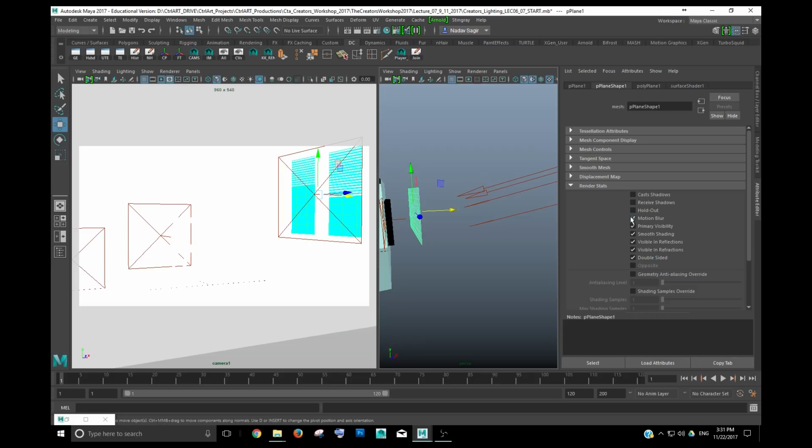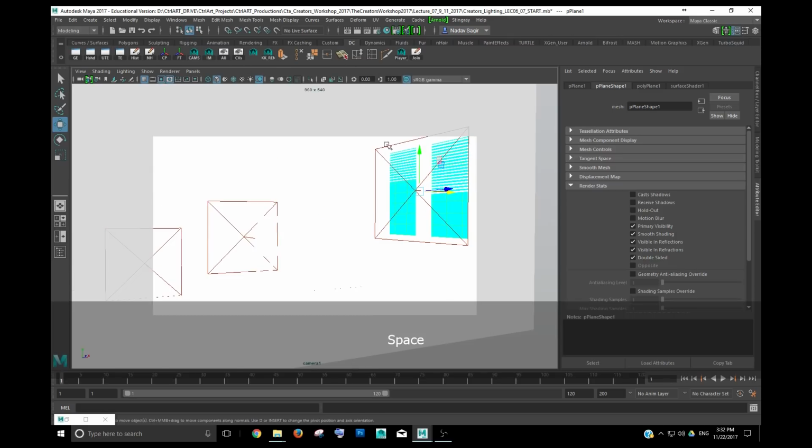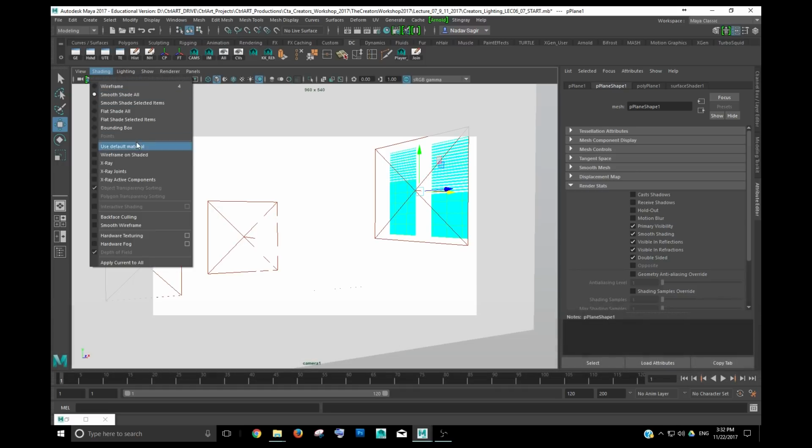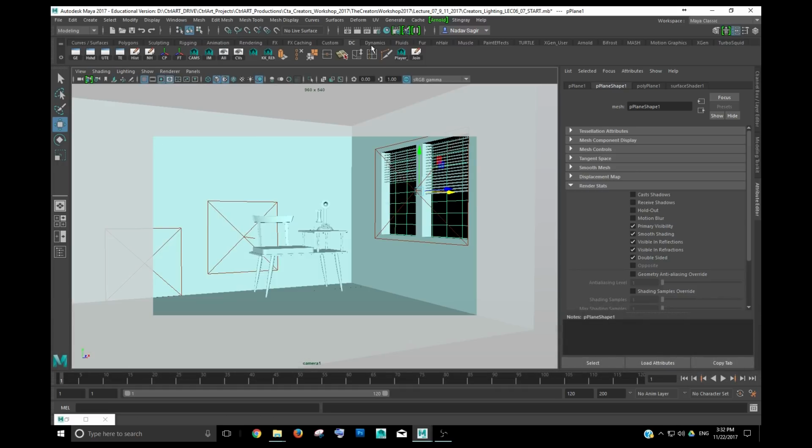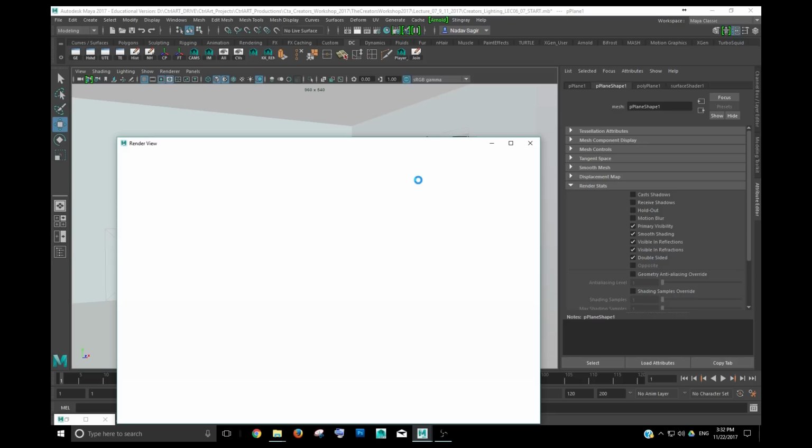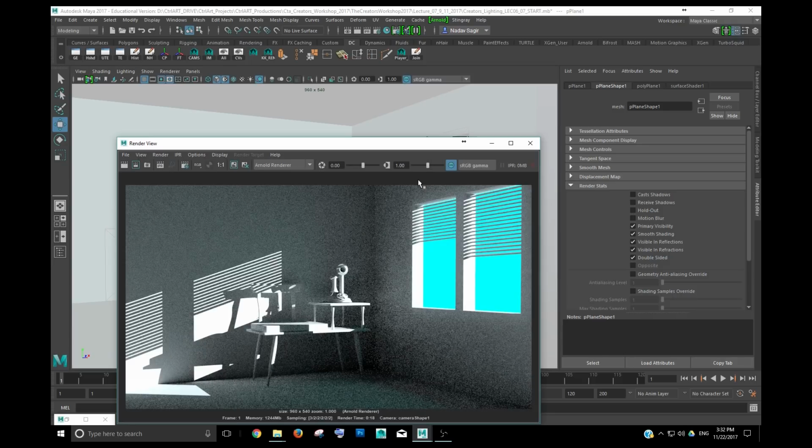The motion blur doesn't affect us here because we don't have any motion blur. We can take it off. Primary visibility means that it does render. If I take this off, it'll be here, but it'll never render. So we are putting this back in. Yeah, visible reflections, refractions are okay for us. So let's now try this render again. And I will try this. Okay, so we get to see this preview